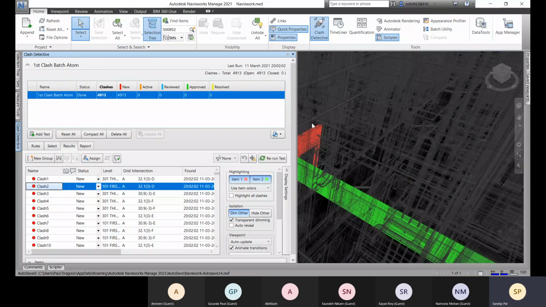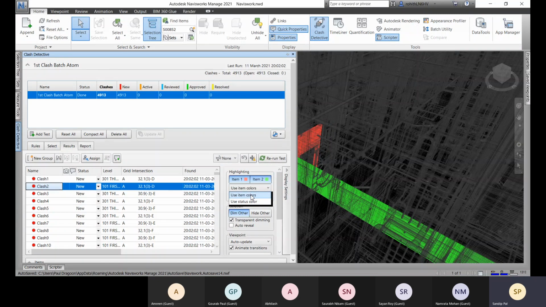And why are you visualizing it this way, with this green color and this red color? Here you can see item 1 and item 2, which I have already mentioned. It is set to use item colors.